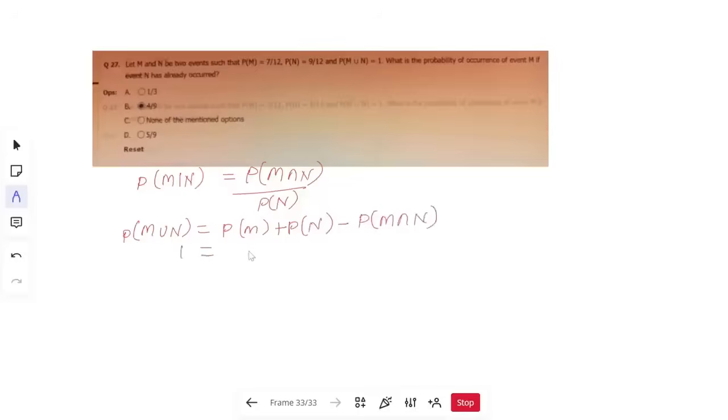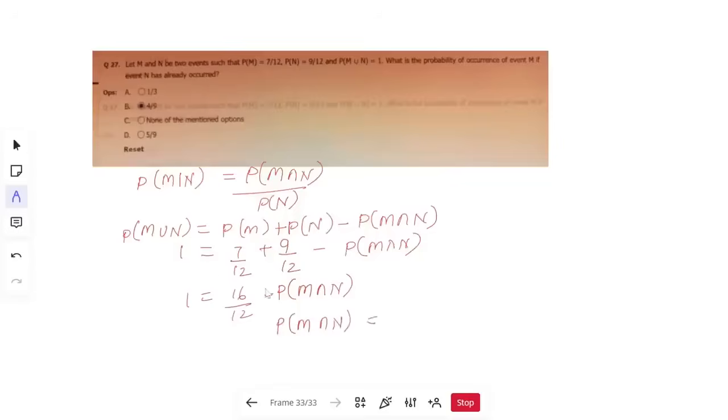See, probability of M is given to us as 7 by 12 plus 9 by 12 minus probability of M∩N. Then this one we will solve. We will get 1 equals 16 by 12. And then we are substituting the same values. Finally solving it, we will get the value as